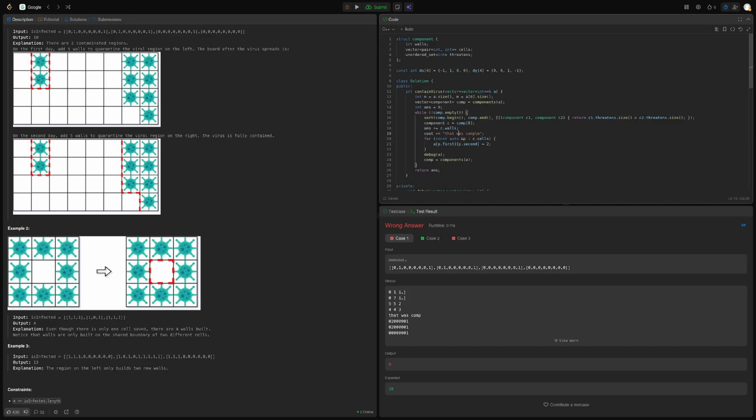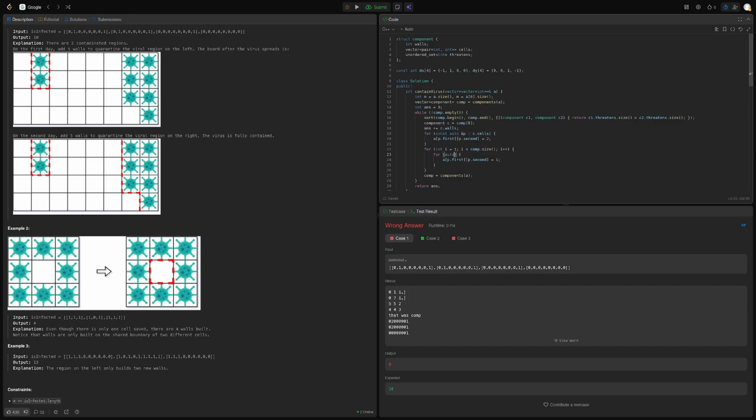So every other component needs to grow, for comp size, and each component we need to go through its infected cells. So for const auto p in comp I cells, p first, p second is 1, no,